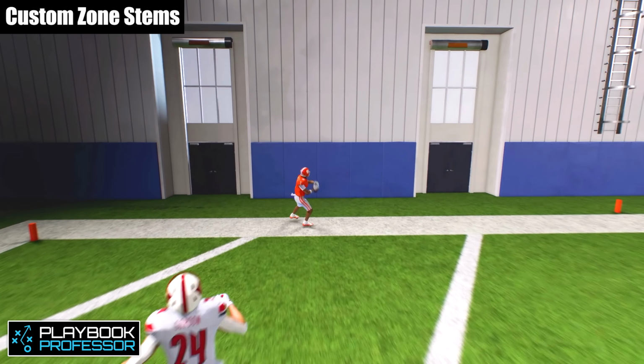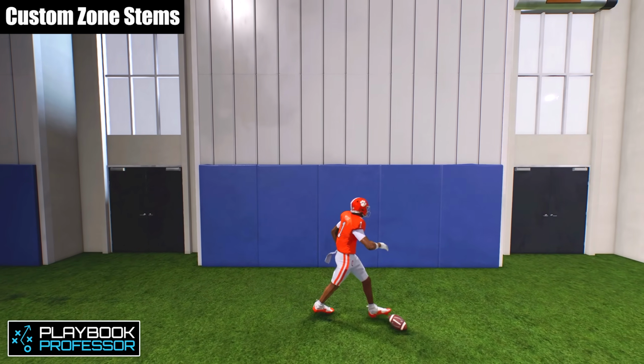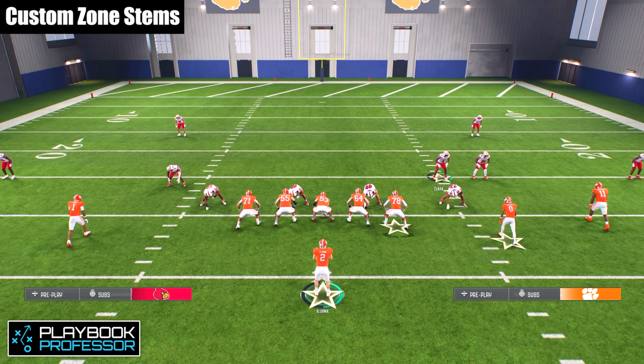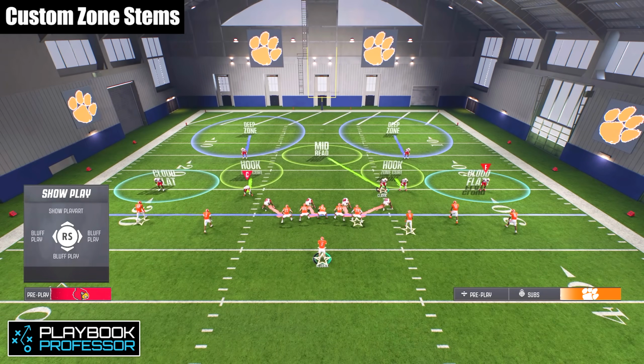I don't really know a good situation where you would want to do that to your deep blue zones, but you have that possibility. You have that option if you wanted to. And so custom zone stems give us a lot of freedom and a lot of creativity in where we want